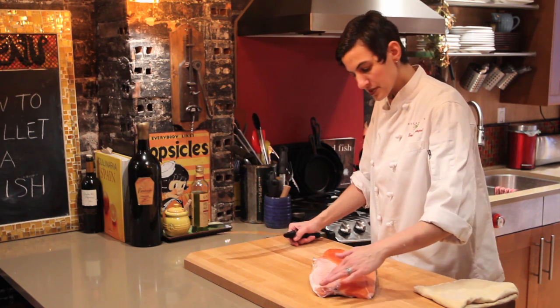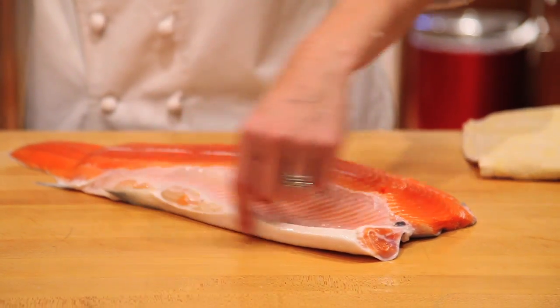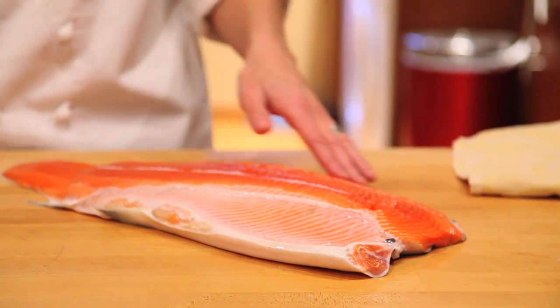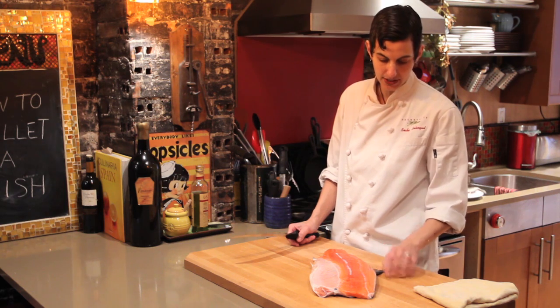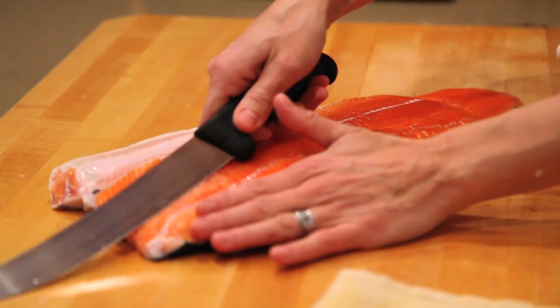So you'll see this is the belly side. This is really the fattiest, tastiest portion of the salmon, which of course as a chef I cut off and eat for myself. And then this is the other side, which is where the fin is. And well, actually there's little fins all around, but this is the biggest one, and we're going to cut that out as well. So first we need to trim off all these little bones here,